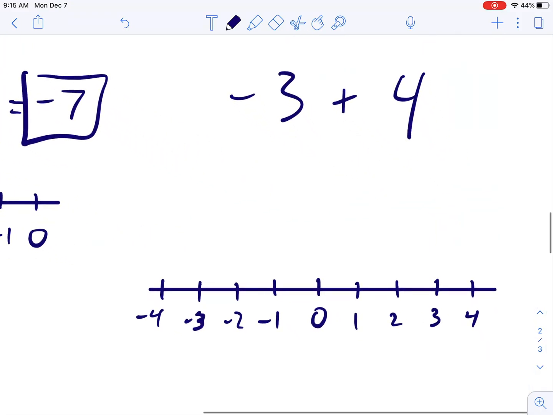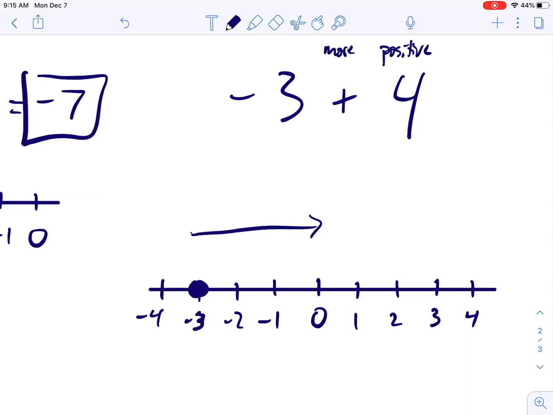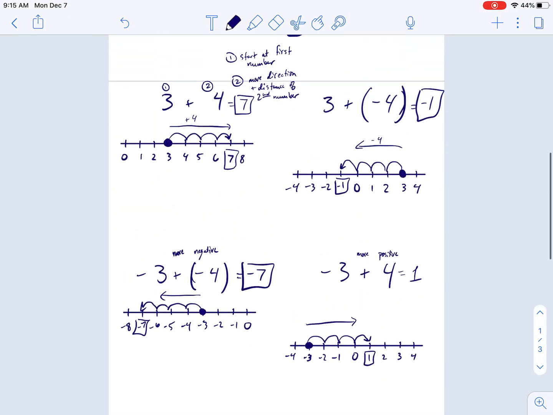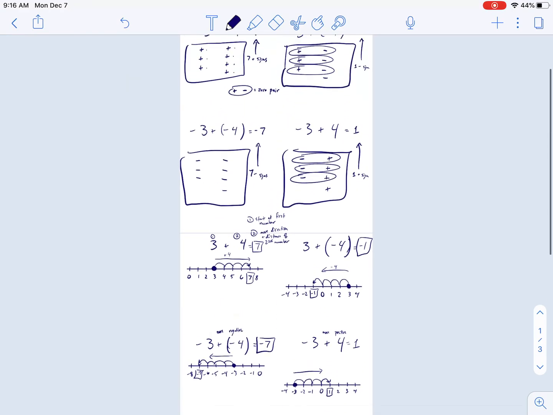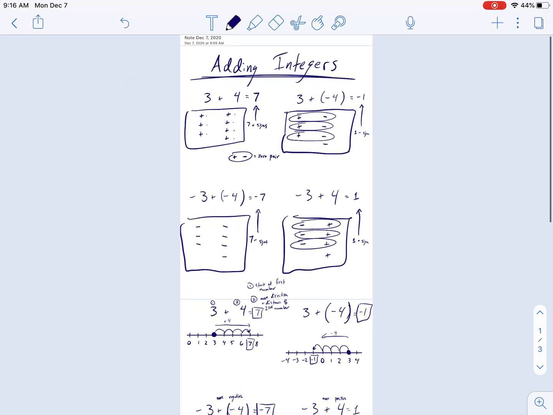Okay? And then finally, this last one, we start at -3, and we're adding 4, so we're getting more positive, right? So we're going to go to the right. So we go 1, 2, 3, 4, end at +1. And that's your answer. So the sign just tells you which direction you are moving. And here are two different strategies for